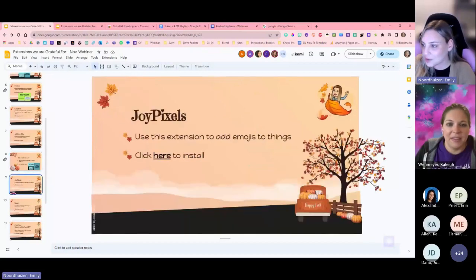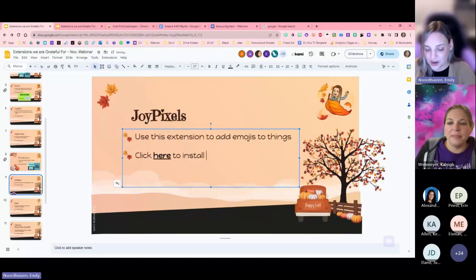The next extension that I'm going to show you is Joy Pixels. Joy Pixels is one we love. It is a quick way to add emojis. And what I love about it is that if I add a few, like I added the light bulb earlier, I actually used Joy Pixels. I just pulled it in here and notice when I clicked on it, it just copies it for you. So if I go in here, I can just paste it, Control V, and it pastes the emoji right in. But I can even do groups of emojis. So if I wanted to do the angel with the celebration, with maybe the sunglasses,